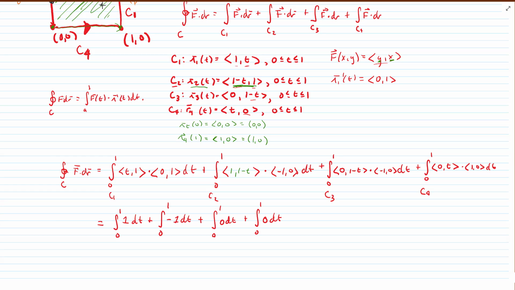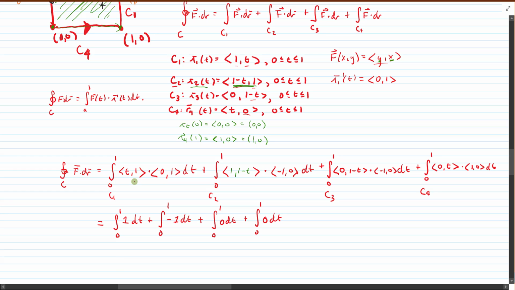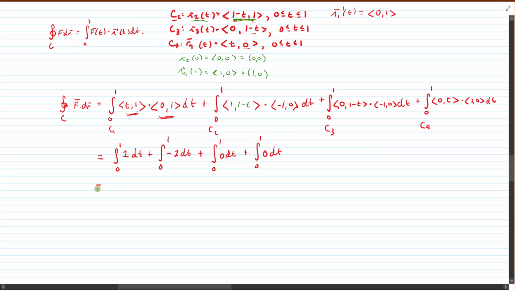So I went ahead and did each of those dot products. For example, for the first one, I dotted t comma 1 with 0 comma 1. So I did t times 0, which is 0, and then 1 times 1, which is 1, which is where we got the integrand of 1. So I did the rest of those. And here we can see that we can quickly evaluate each one of these. So this will just be 1 plus negative 1 plus 0 plus 0, which gives us a net circulation of